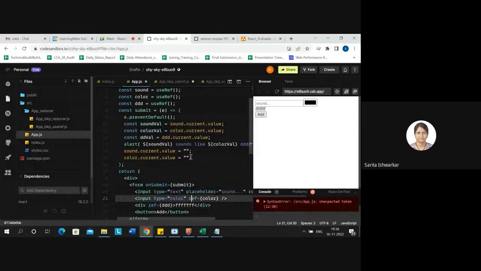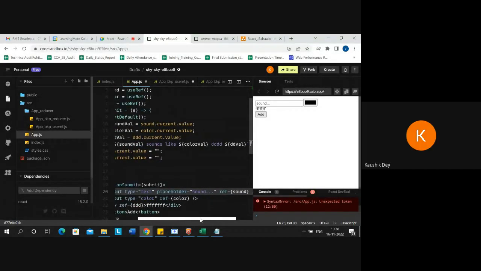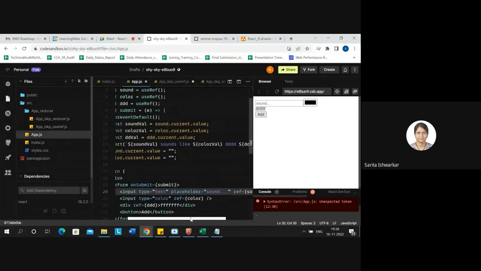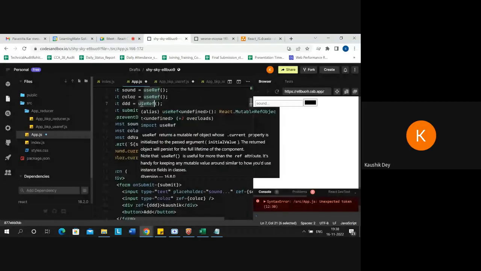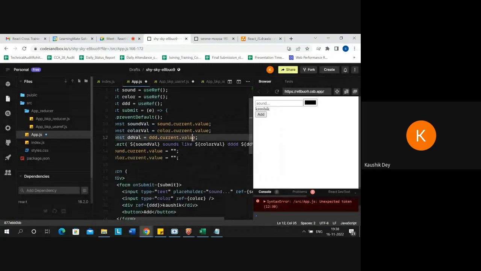I can say sound has a value because we are inputting from the input box. Yes, okay, from the input box this value is coming. Color has also a value, but from where will DD take a value? Use ref means that when you create the use ref, then use ref dot current dot value. This structure gets all the value, either it can be input type or color,